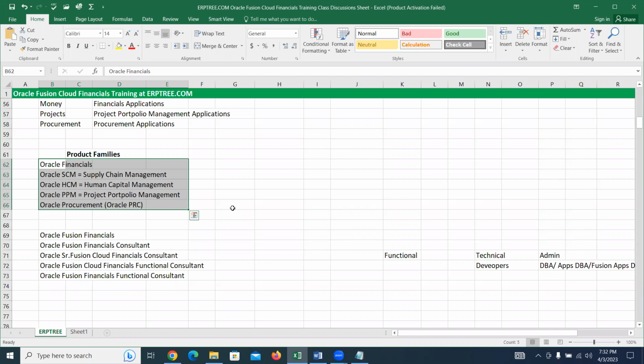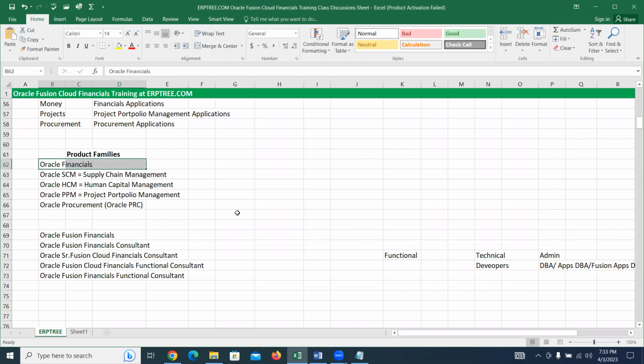For every company, let them do any business. They may be into consulting, they may be into manufacturing, whatever it may be. Definitely there should be finance. They have to deal with the money. If they are into consulting, they may not use kind of supply chain. They don't buy and they don't sell anything. They provide services. They don't deal with the products. Okay. So certain applications may not be required based on the industry or the business what they do, but always,